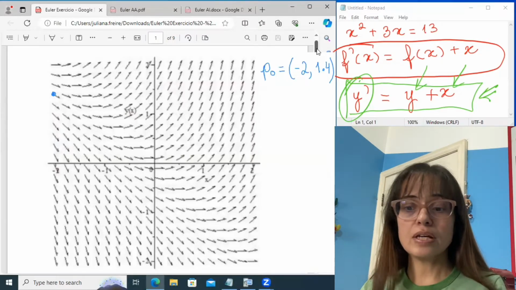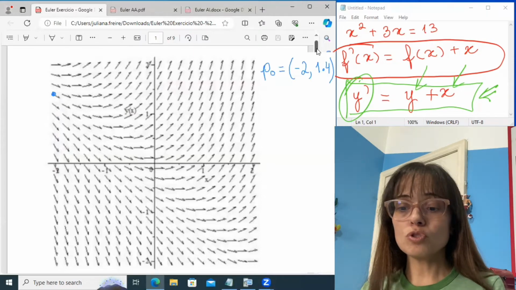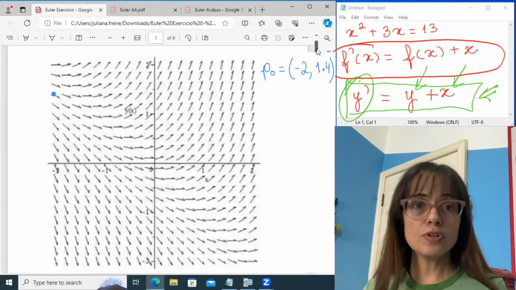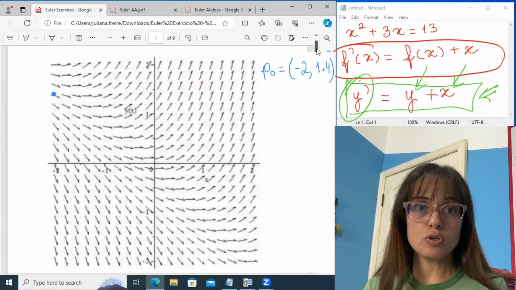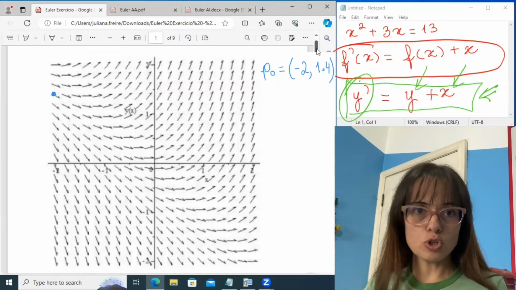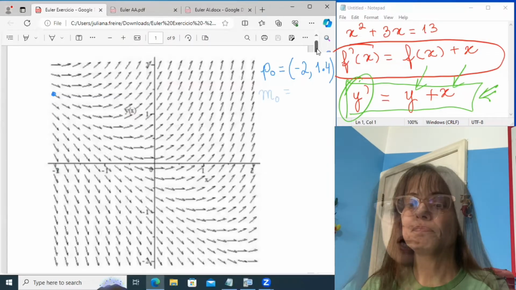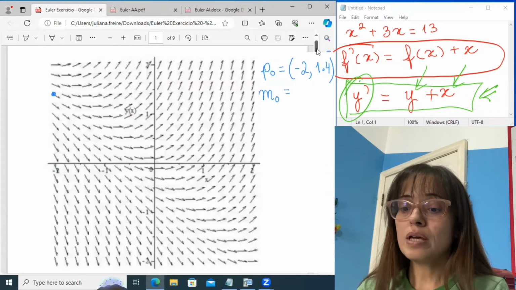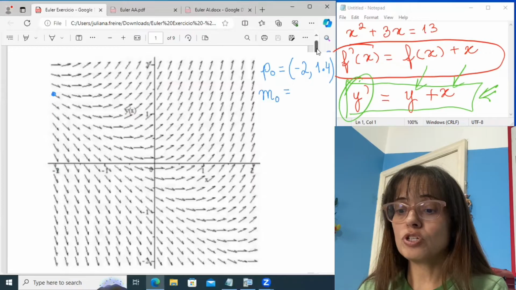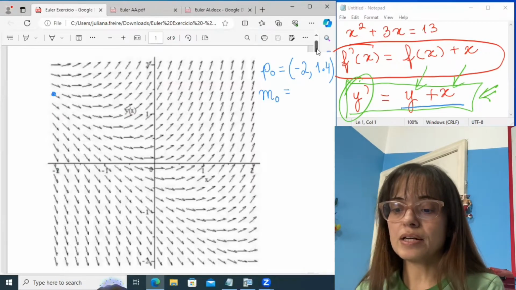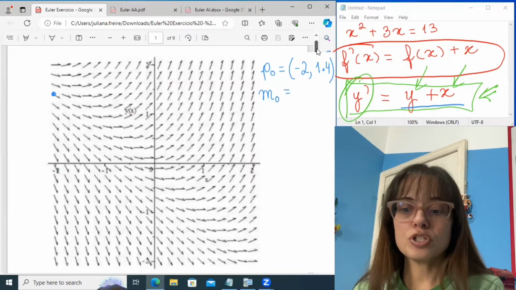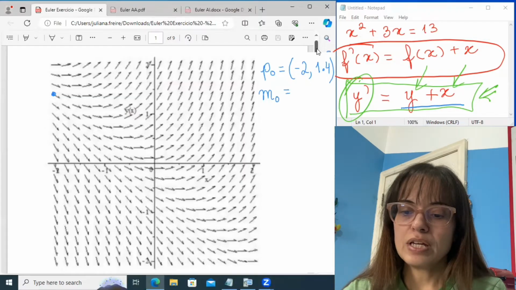And the first thing that I need is from that initial chosen point, I need to figure out, according to this differential equation, what is the slope of the line segment that I need to draw here. I'm calling that m0, and in the case of this differential equation, all that I need to do is add up the two coordinates of the point. So that makes m0